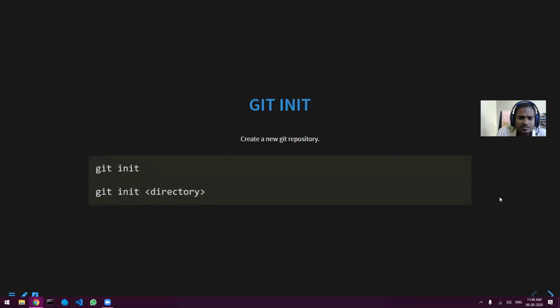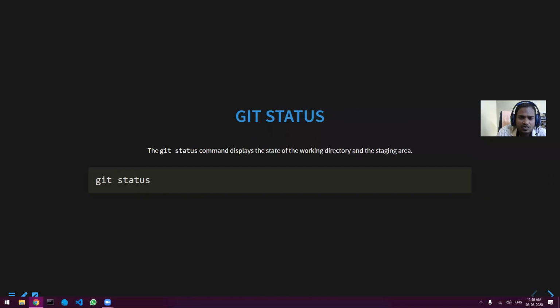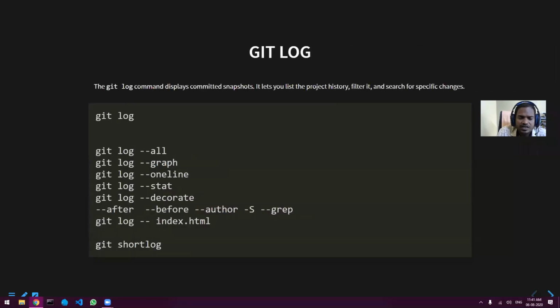This is the first command that we tried, that is git init. Git init is basically to create a new repository. You just go inside your directory and do git init, and an empty repository is created. Then whenever you want to check the status of your repository, you just type git status and you will get the status of what all files have changed and which files are in the staging area, etc. Then git log is very important. I will cover this a little later with all the different commands.